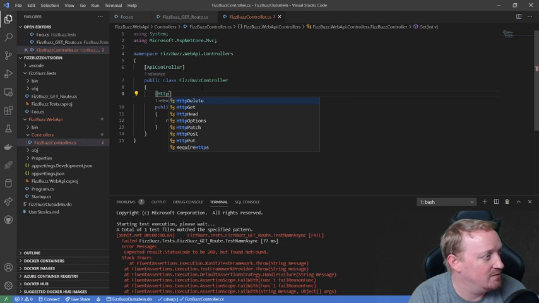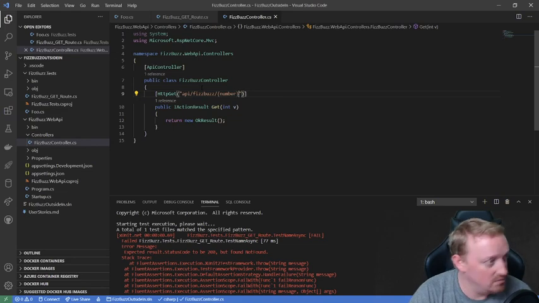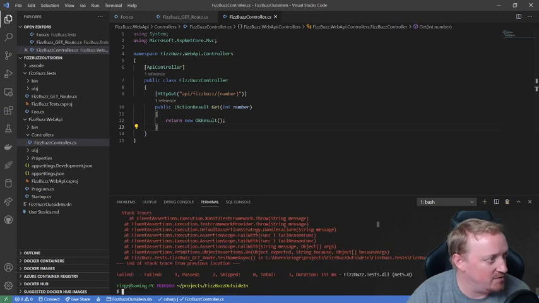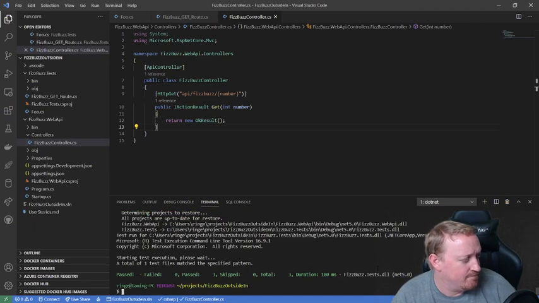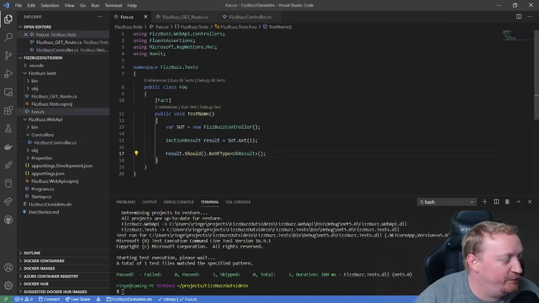HTTP GET, and it's going to get from API FizzBuzz number. Okay. Now let's see what happens. Okay, now we're passing. So we have our foo test class, which I haven't named anything yet because I'm now